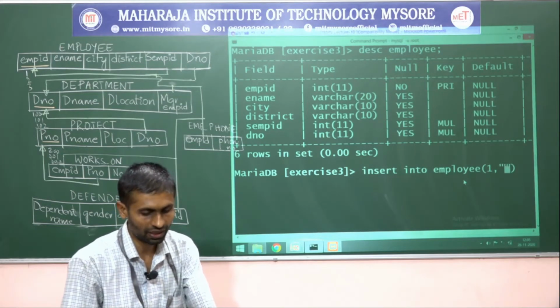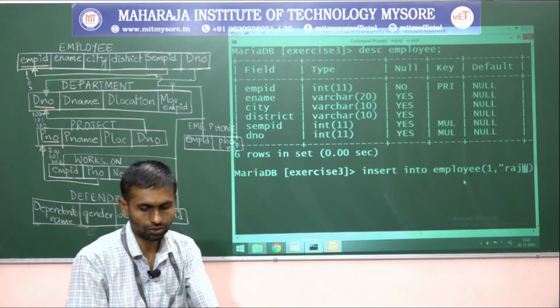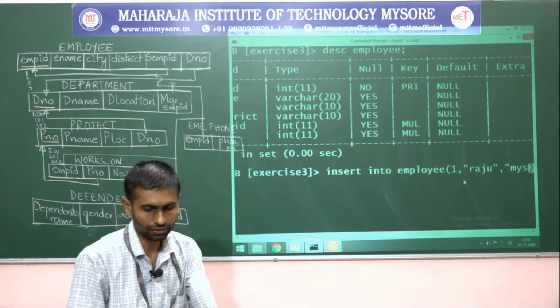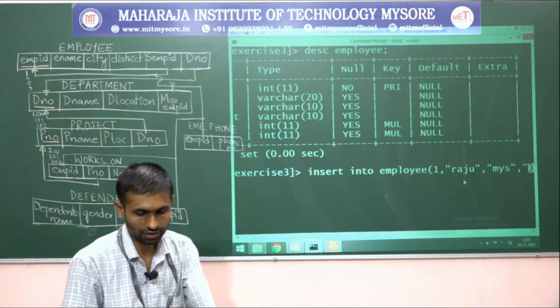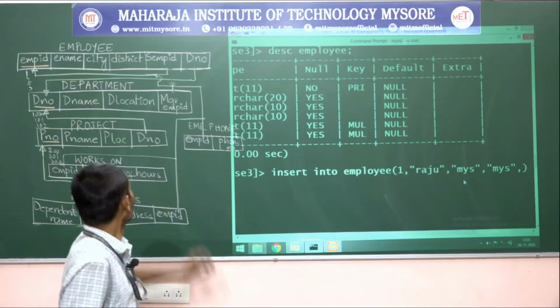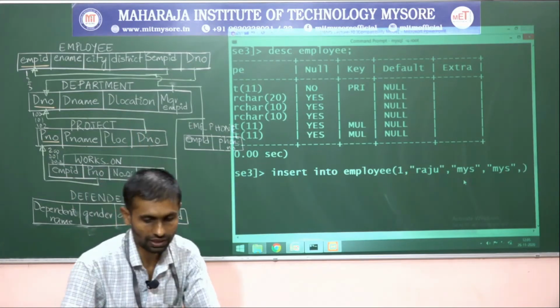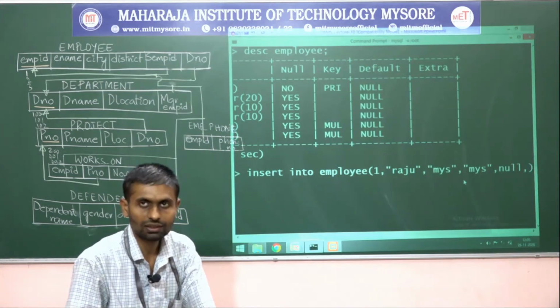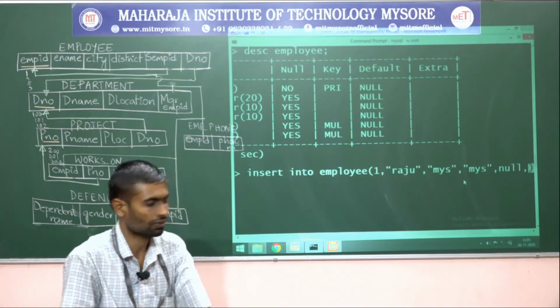Employee name, let me call my name some Raju, then city, some Mysore, then district, let me call my name Mysore, then next attribute is supervisor employee ID. Now I will write null for this column because I cannot write even 0 for that.